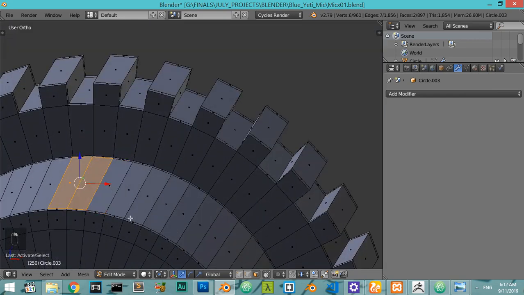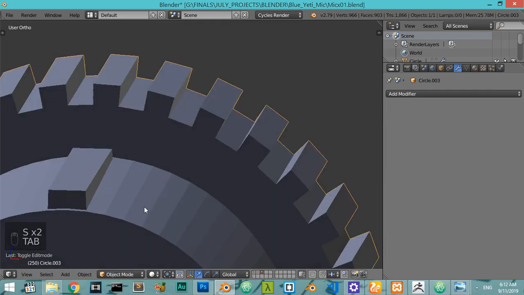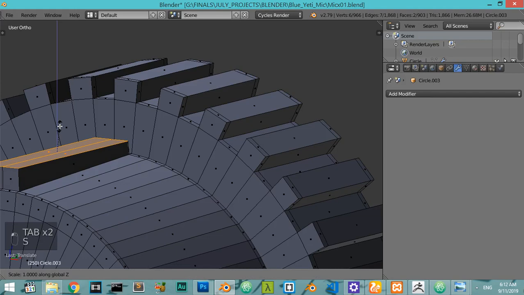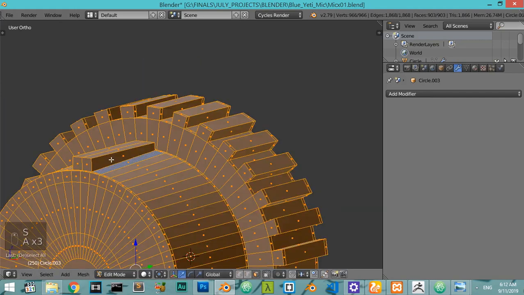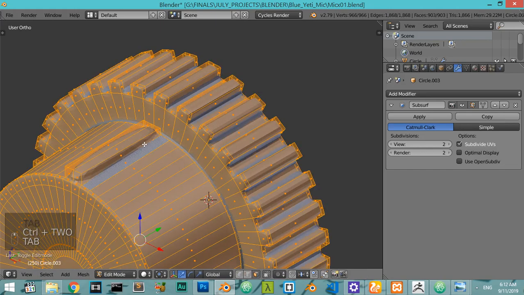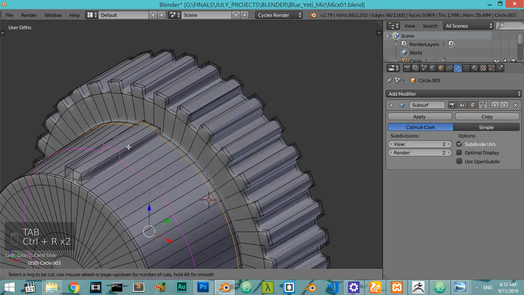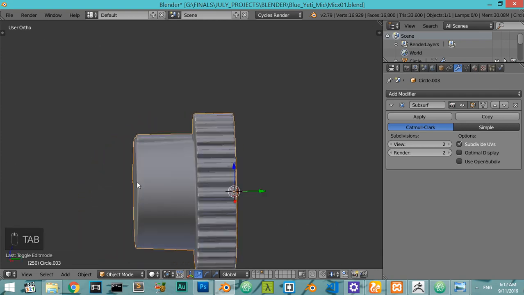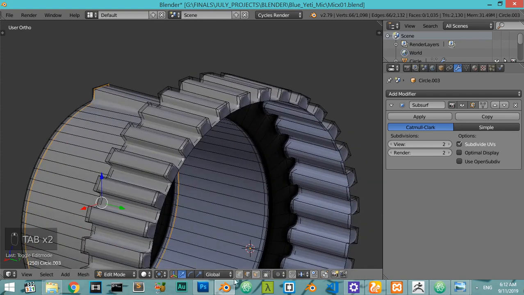We will select again this, select all and recalculate normals, and let's add subdivision surface, and we want to define the two edges like this. So now we have this screw, and if you want you can select all